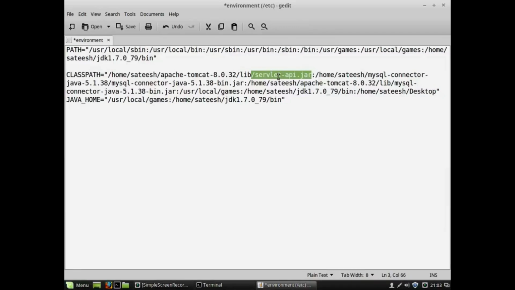So not only for this purpose, it's very important to remember this file name, servlet-api.jar. Because all the methods, classes, whatever we use related to servlet and JSP are well defined in this particular jar file. That's why it's very important to have a class path that is set to this particular location. Okay, right.